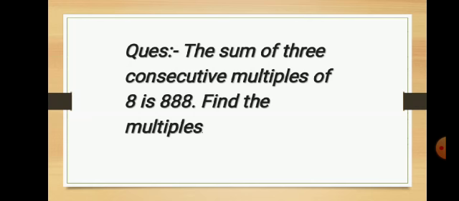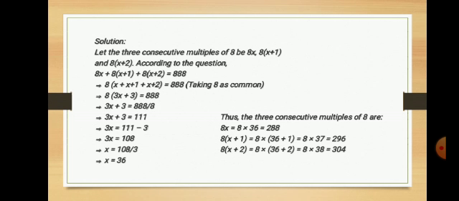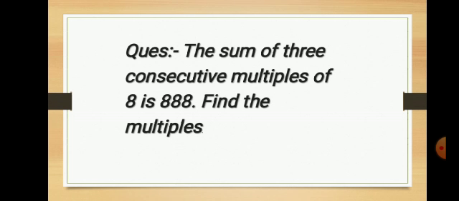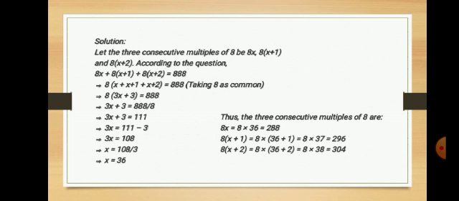For that, we will let the three consecutive multiples of 8. We have to find multiples of 8, so let the first number be 8x. The second is 8 into x plus 1, and the third one is 8 into x plus 2. According to the sum, they said the sum of all these three, 8x plus 8 into x plus 1 plus 8 into x plus 2, is